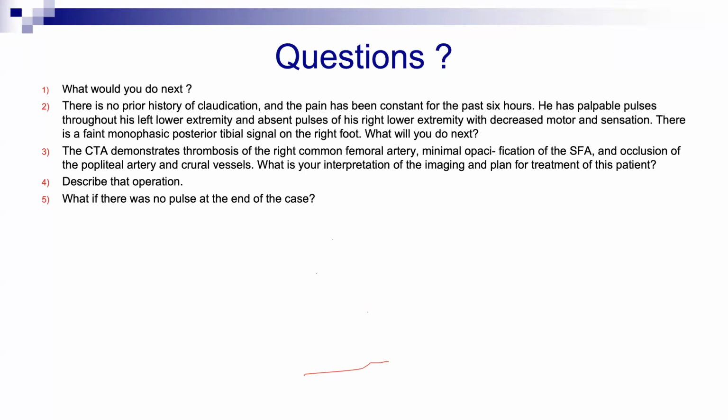I mean, bypass. You need to save the leg because this is very important in leg ischemia. Sometimes the artery goes into spasm, especially if it's a normal artery when you do embolectomy. So you don't have to have a normal pulse, but you need signals. If I get signals, especially if you do thrombectomy and you do an angiogram and it looks fine, no more thrombus, or you cannot get any more thrombus, that's it. You just need to get a Doppler. If you see signals in one artery, that's enough. You just need flow to the leg to keep it alive.